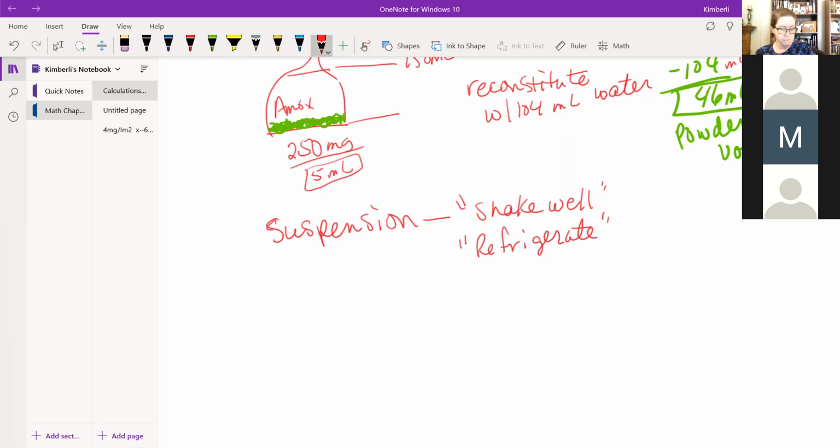And then a syrup is an aqueous, which means water-based, solution sweetened with sugar or a sugar substitute to disguise the taste. So syrups are usually a little bit thicker than elixirs. Now, elixirs legally contain alcohol, right? So